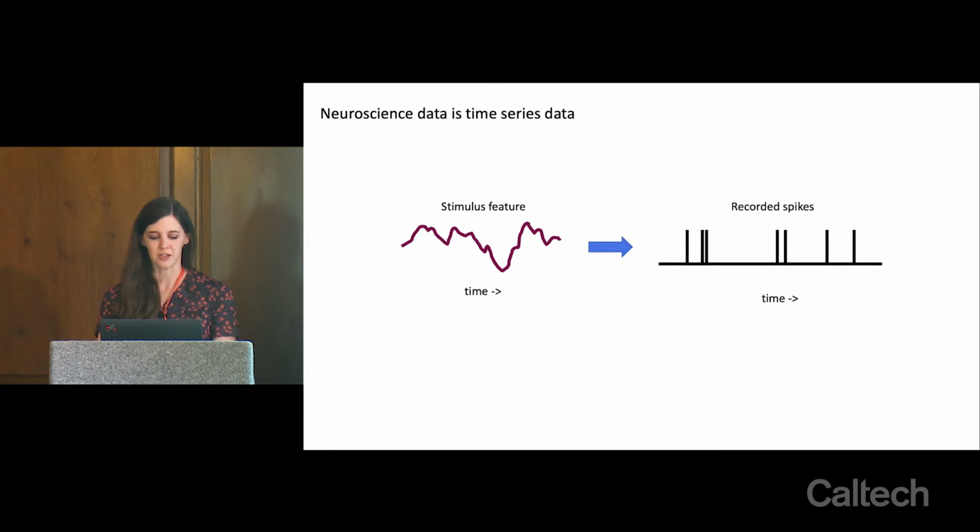And some of the things that individual neurons and neural populations can do as an animal's running around and interacting with things in the world. So this is true at the level of individual neurons. Neurons receive input from stimulus features in their environment, filtered through other neurons in the brain, and produce spikes occurring over time in response to that stimulus.